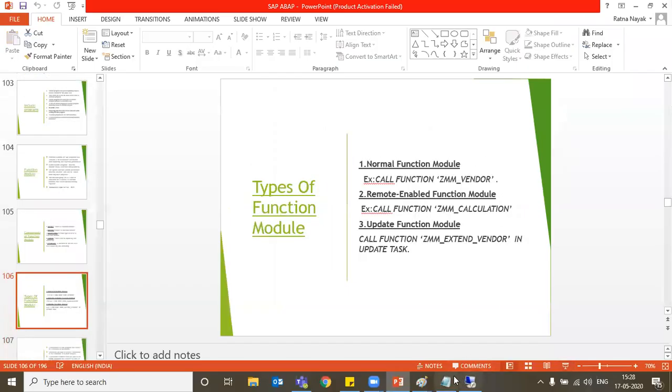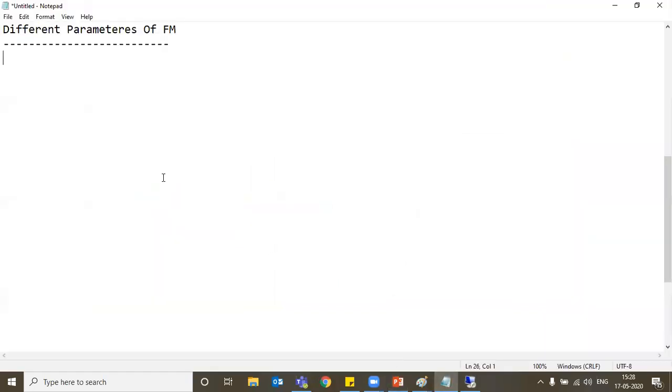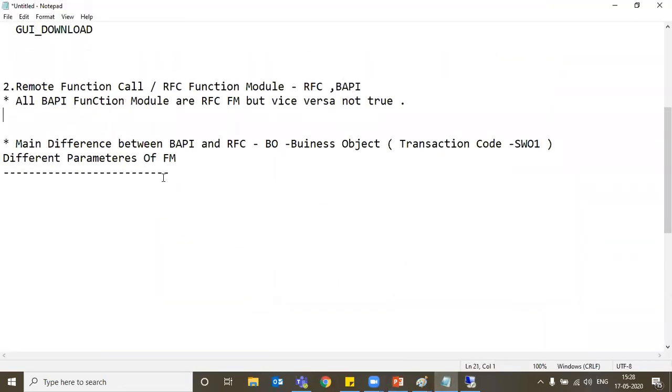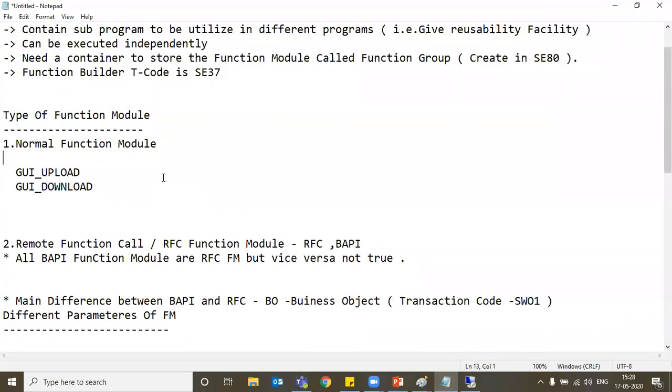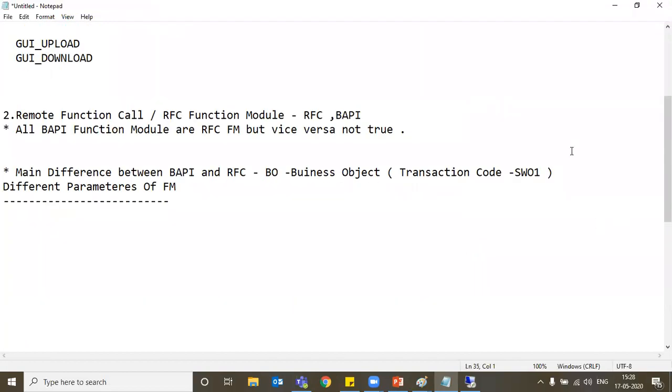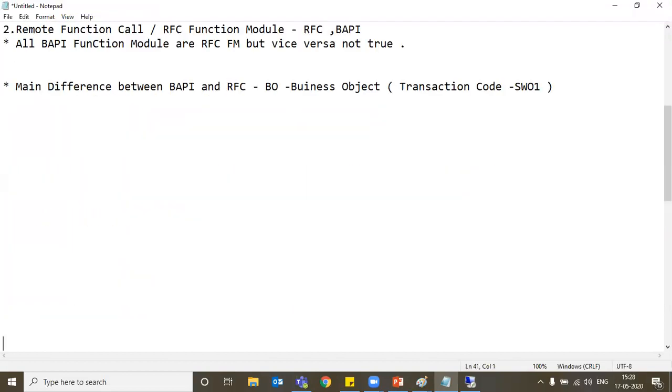What are update function modules? Normally, say you created a function module Z_CALCULATE_TEXT.